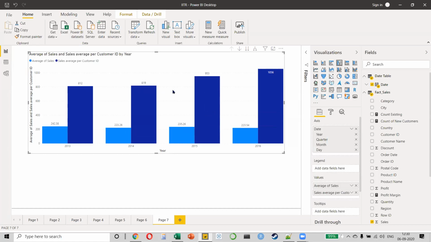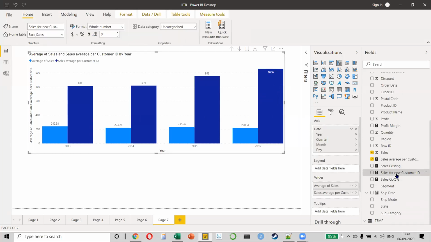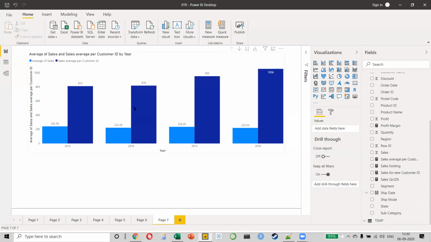This is, see, let me answer the first one. Somebody said, Havish, these are customers who are loyal. I can't say that. You know why? It is possible that these customers who were there in 2014, everybody left the company and these were new customers. See, by looking at this, loyalty is not something I can find out, correct? If I want to find out the loyalty, I'll find out the sales from new customers. But what are we doing here?